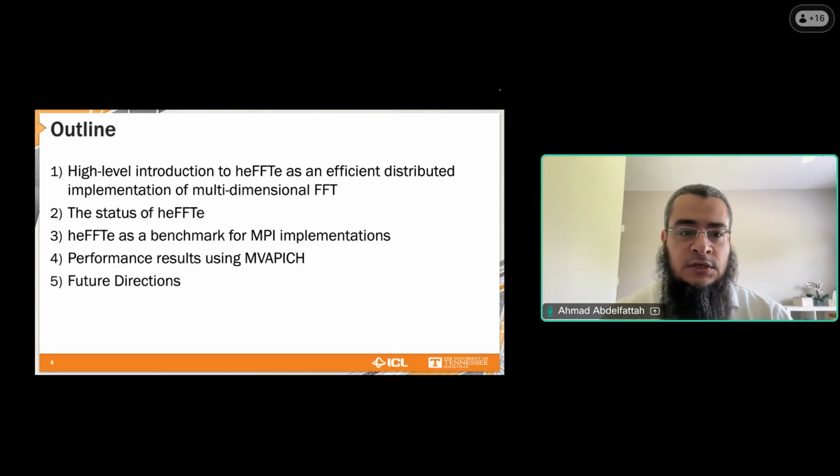So Stan was the head of the heFFTe project. He was my direct boss for 9 years before he moved to NVIDIA, and he tragically passed away last fall. And I would like to honor his legacy and say that we have held a workshop at UTK in honor of his memory and his impact on the field of GPU computing.